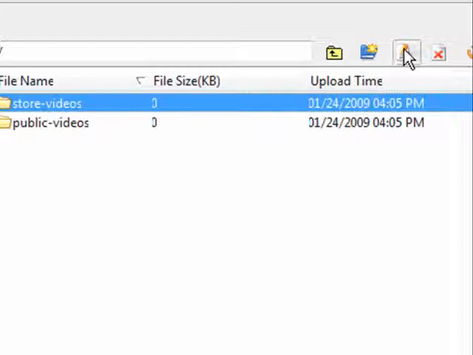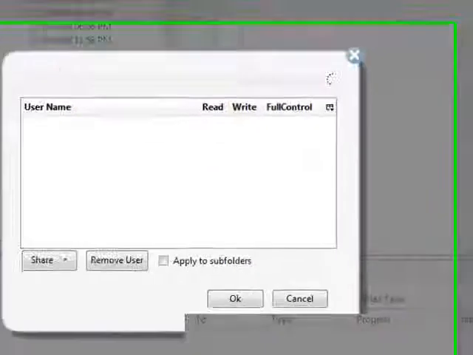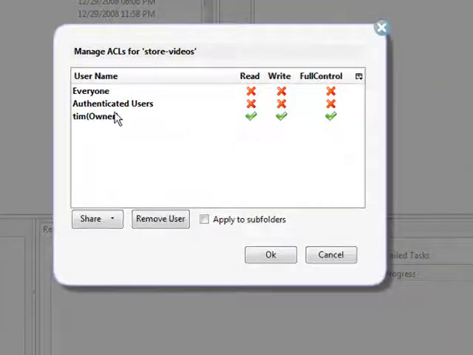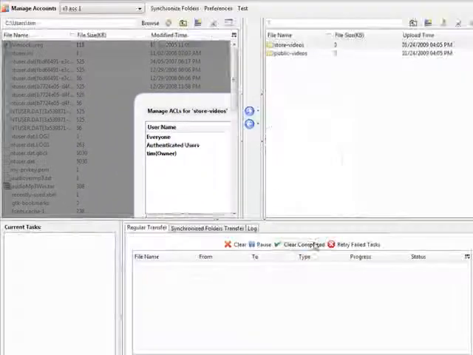Here we have something called ACL, Edit ACL. If we click on that, what we have here is our access control, and this is for each of our buckets. In the current bucket, which is my storage bucket, I have everyone read, write, and full control, authenticated users read, write, and full control, and owner read, write, and full control, which is what I want in the case